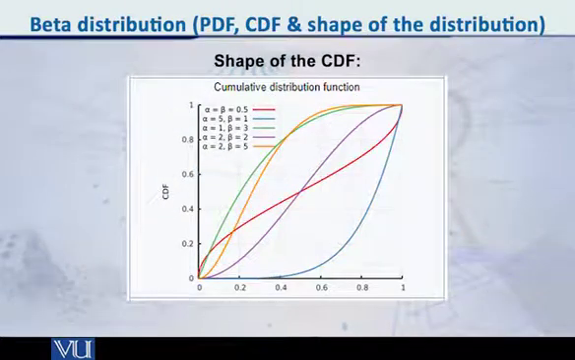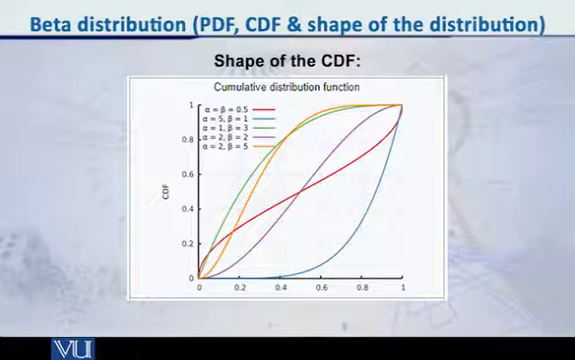Now I would like to talk about the shape of the CDF. And as you can see on the screen, the shape of the CDF is also very flexible. Like every CDF in the world, it has to rise from level 0 up to level 1. That is obvious, it will be the same here too. But the thing to note is that for alpha equal to beta equal to 0.5,